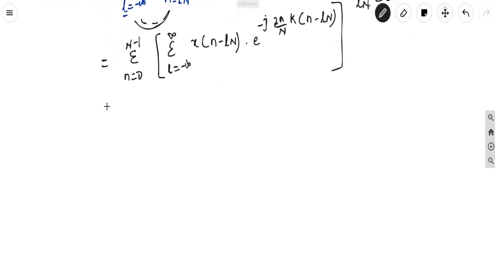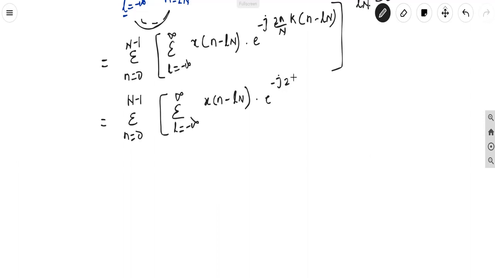If I expand this equation, what will happen? Summation n is equal to 0 to N minus 1. Okay, so we will expand this. This becomes summation L is equal to minus infinity to plus infinity, x of n minus lN, which I'm going to write as it is, into e to the power of minus j 2 pi by N kn, into e to the power